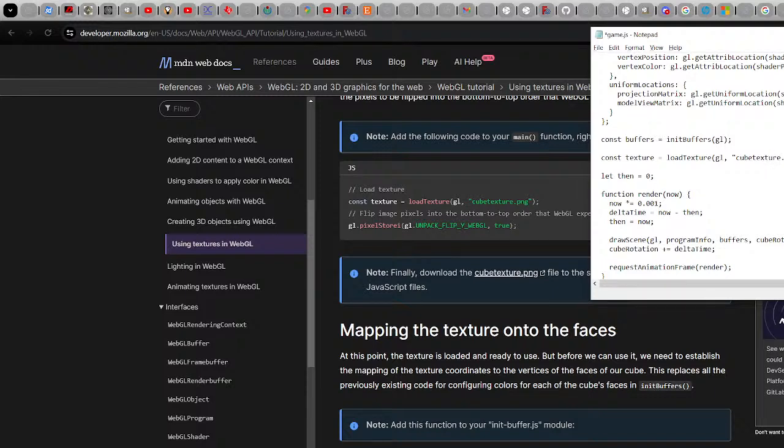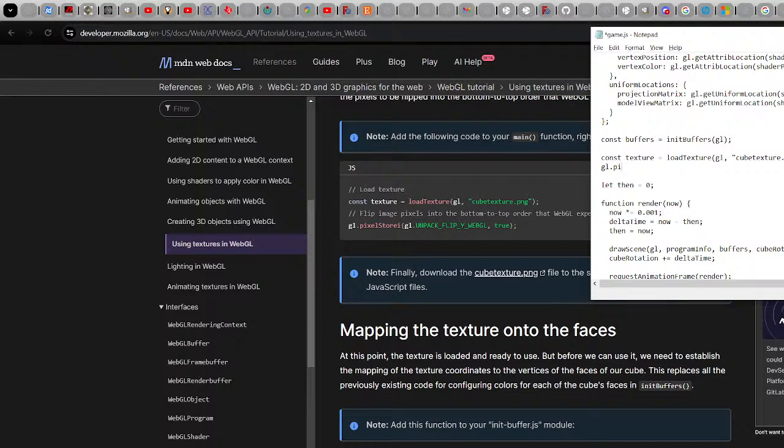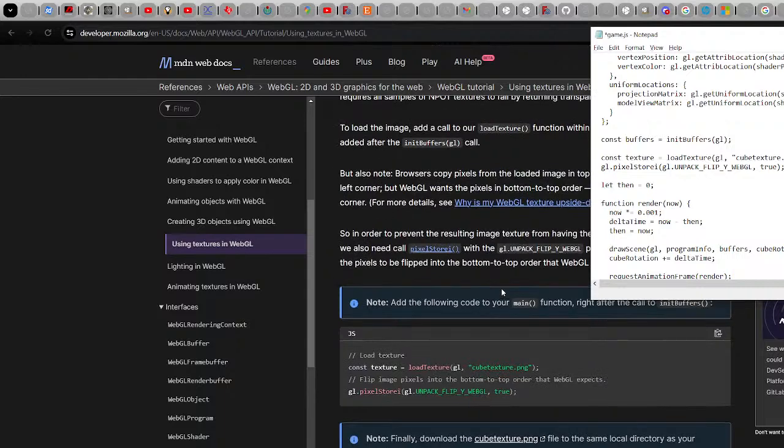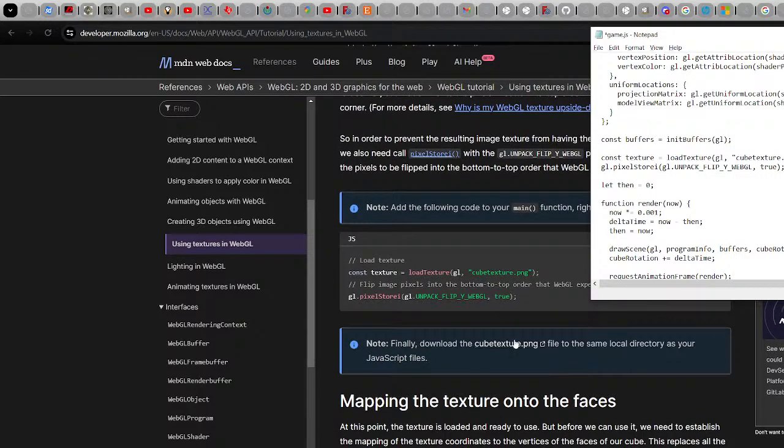So it's a PNG. And this pixel store eye is to prevent the image from being upside down when it renders. Okay, so yeah, so I can. Oh wow,